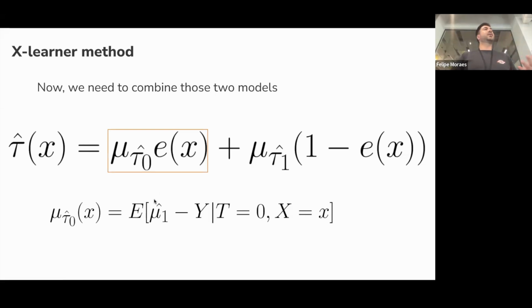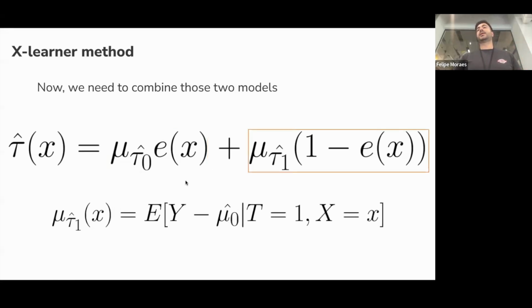And the reasoning from the authors of this method is that the treatment unit comes from a model which is tau 0, and tau 0 actually uses U1. And U1 here is the model that learns the treatment. So I should weight more this model that comes from the treatment, because the assumption here is that the model has a higher quality. So that's how they come up with this weighting mechanism.